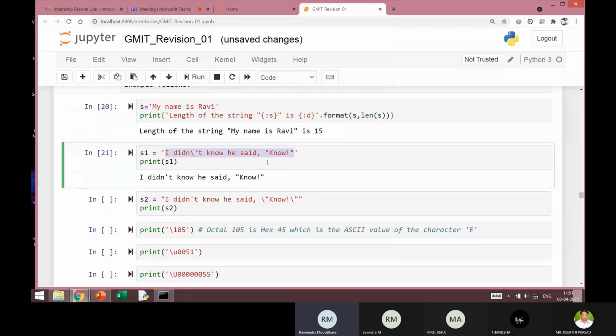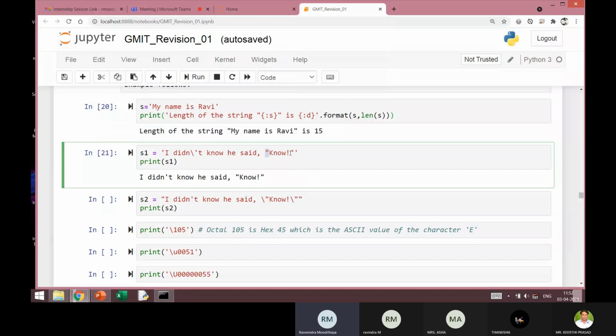So in such a case, how can I specify this? I go to the escape sequence backslash quote. In this place, a single quote will be printed, as you can see here. A single quote is printed, and the entire length of the string is enclosed using this single quote.